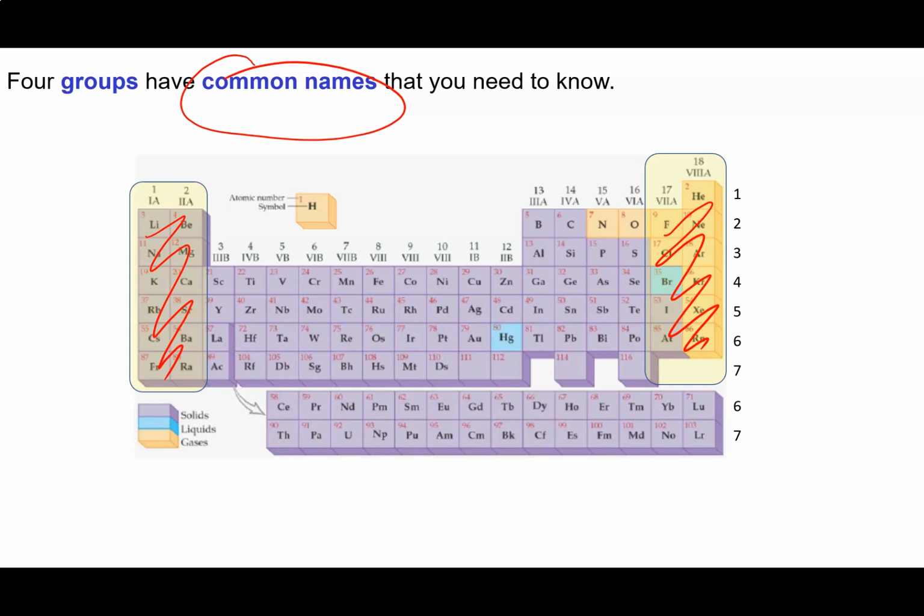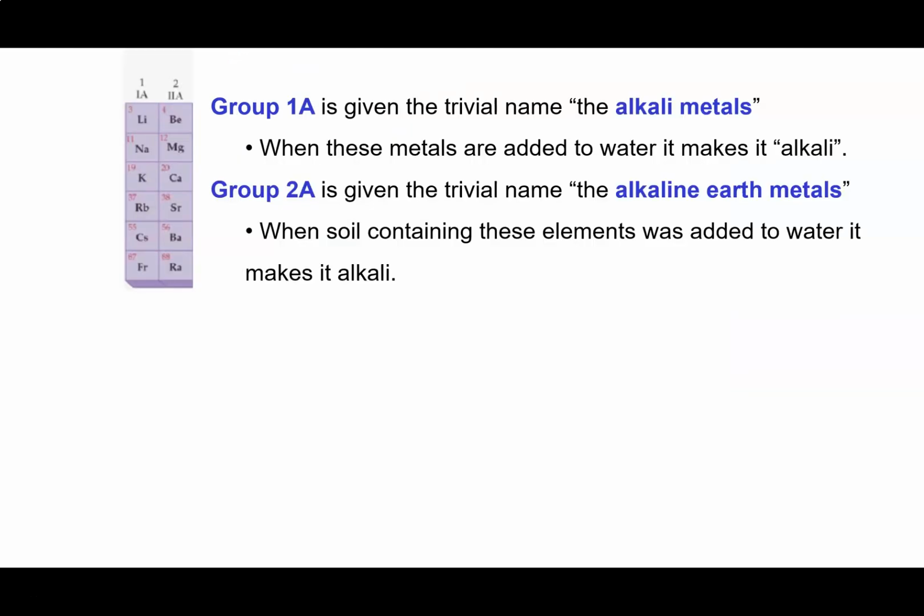Now the two groups that are on the left, those elements in those two groups, 1A and 2A, they're all metals, and the two groups on the far right, groups 8A and 7A, they are all non-metals. So let's have a look at their common names. So we've got four common names that we're expecting you to know. So those elements that are in group 1A are given the common name the alkali metals, and this kind of